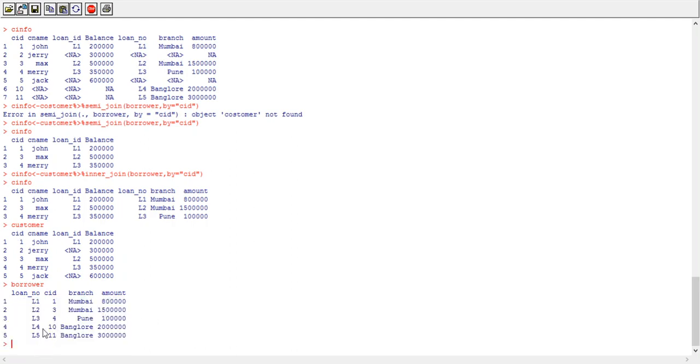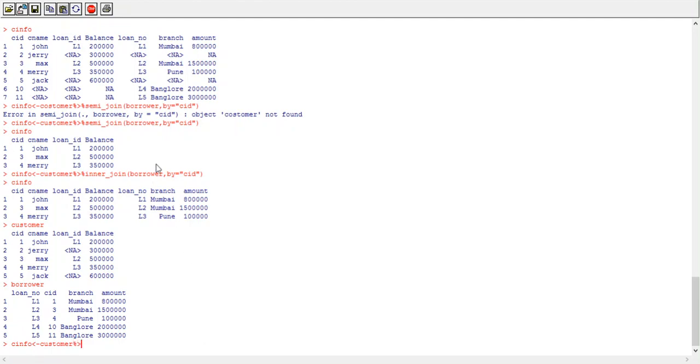So if you carefully look, in customer data frame we have customers 1 to 5, but in loan data frame we have customer ID 1, customer ID 3, customer ID 4, customer ID 10 and 11, but customer ID 2 and 5 is not present in borrower data frame. So we'll verify the result of anti join function.